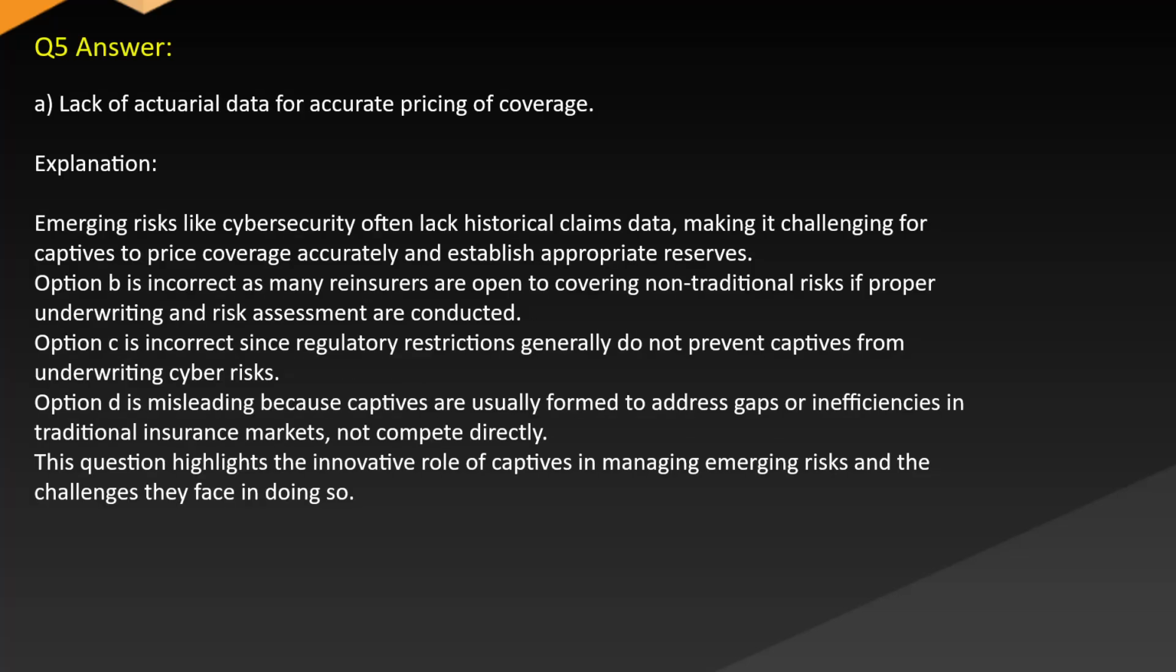Answer: A. Lack of actuarial data for accurate pricing of coverage. Explanation: Emerging risks like cybersecurity often lack historical claims data, making it challenging for captives to price coverage accurately and establish appropriate reserves. Option B is incorrect, as many reinsurers are open to covering non-traditional risks if proper underwriting and